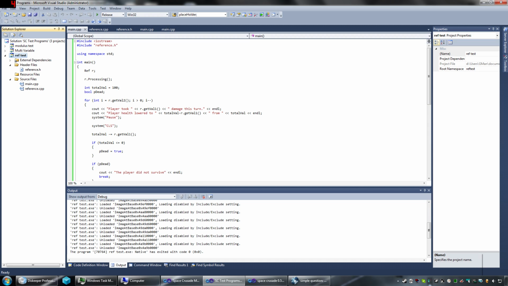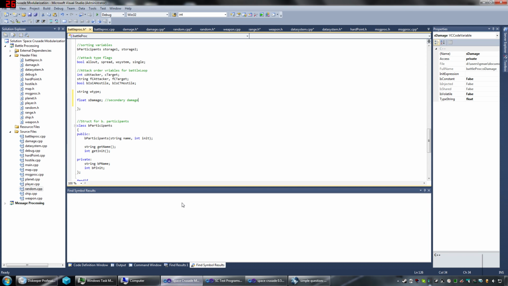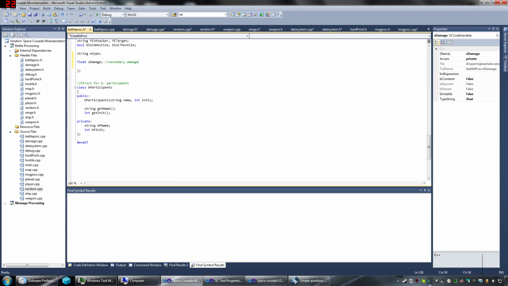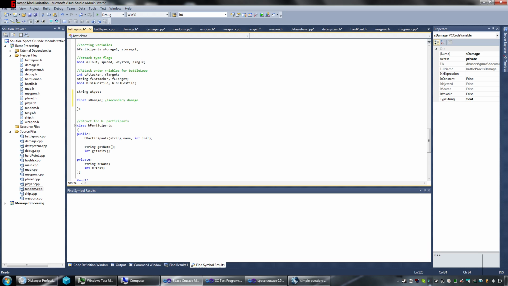As long as you don't instance the battle processing class, that reference will stay in there. So that's just what we'll do. That'll save a lot of code. And yes, we won't even need this stuff in here. Where was I putting it at? Oh, here. Okay, so secondary damage and alright,